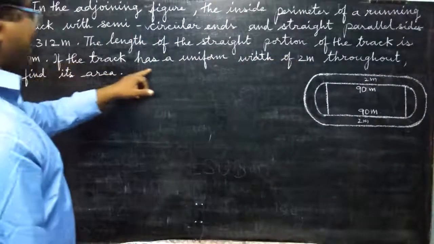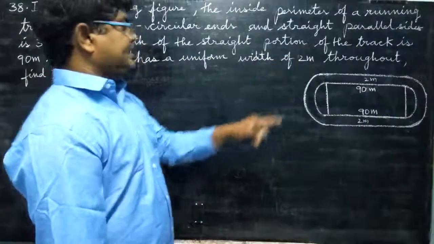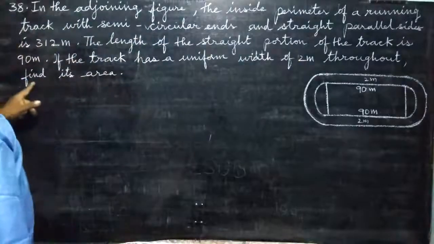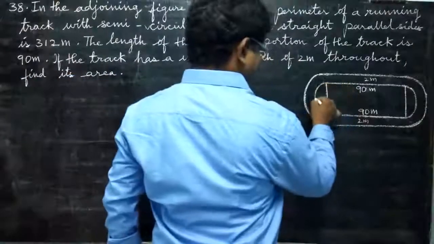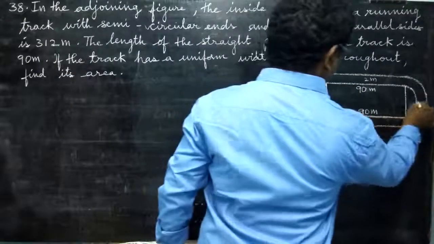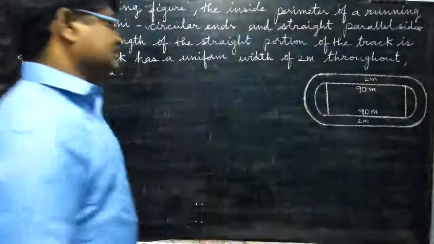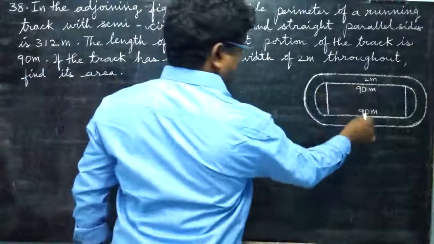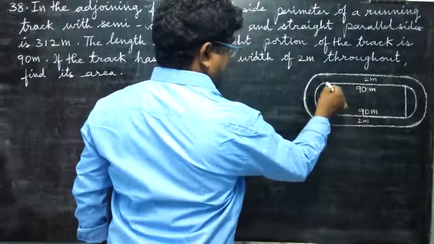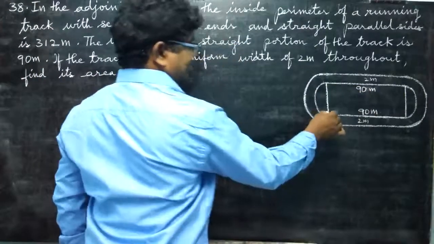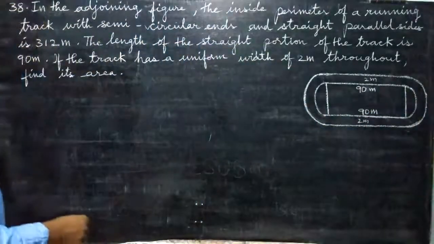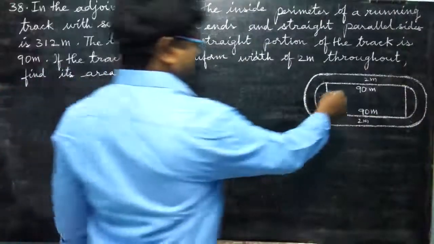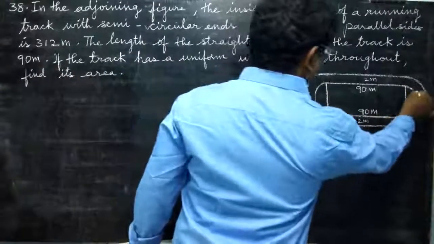If the track has a uniform width of 2 meters throughout, find its area. They have given inside perimeter of this running track. These parallel sides are 90 and this semicircle and this semicircle will be one circle that we have to find. But the complete perimeter they have given